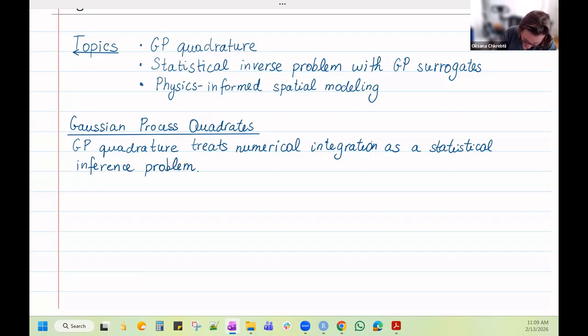All right, so the goal of Gaussian process quadrature is to estimate a definite integral